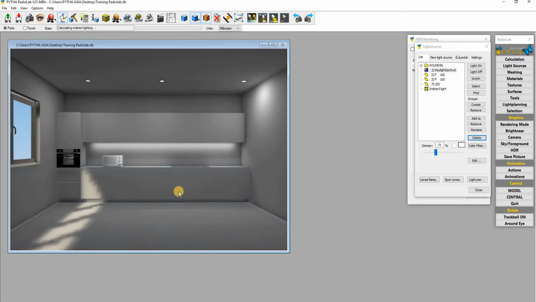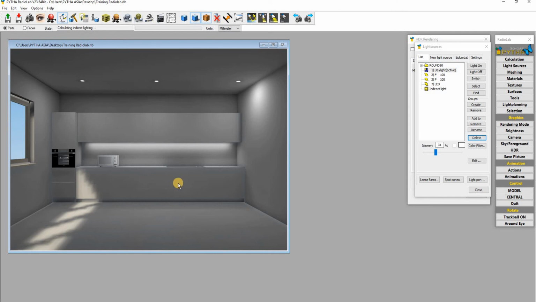Okay, so this is how we can create the 3 ways of creating light. First way, using modeler. Second way, click on the surface and make a light. Third